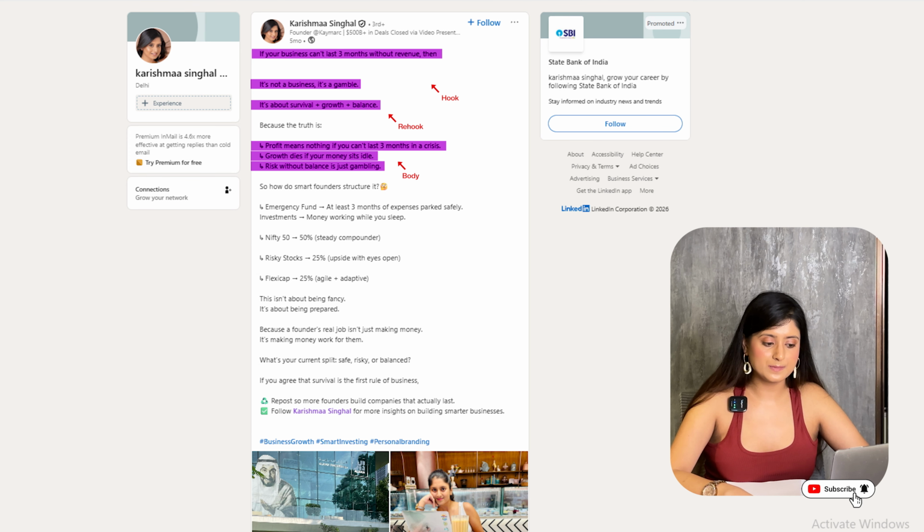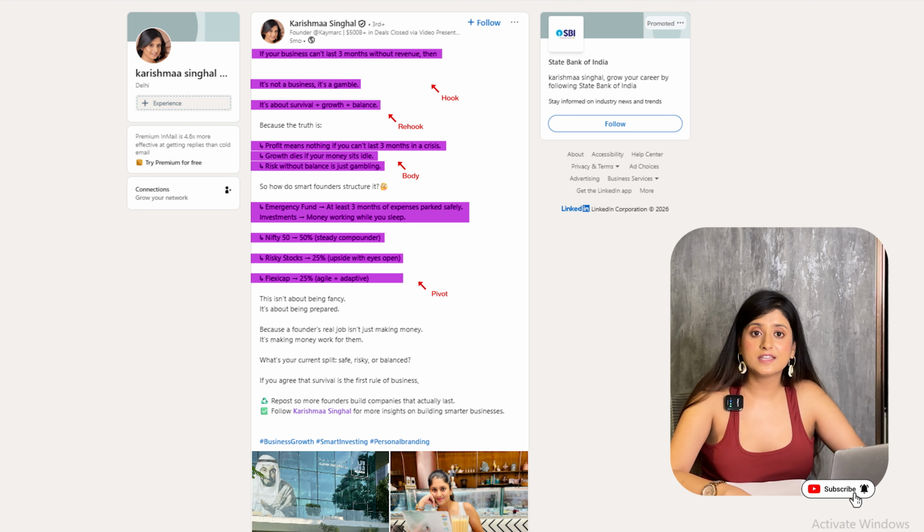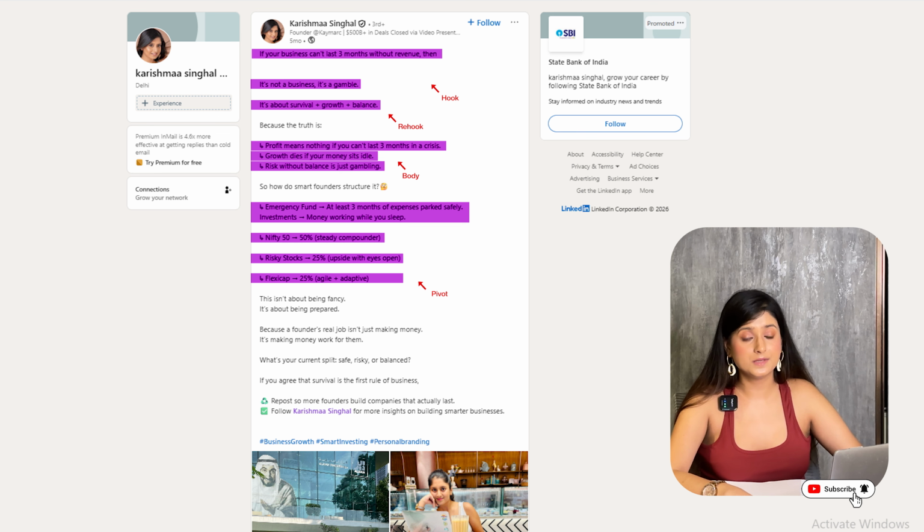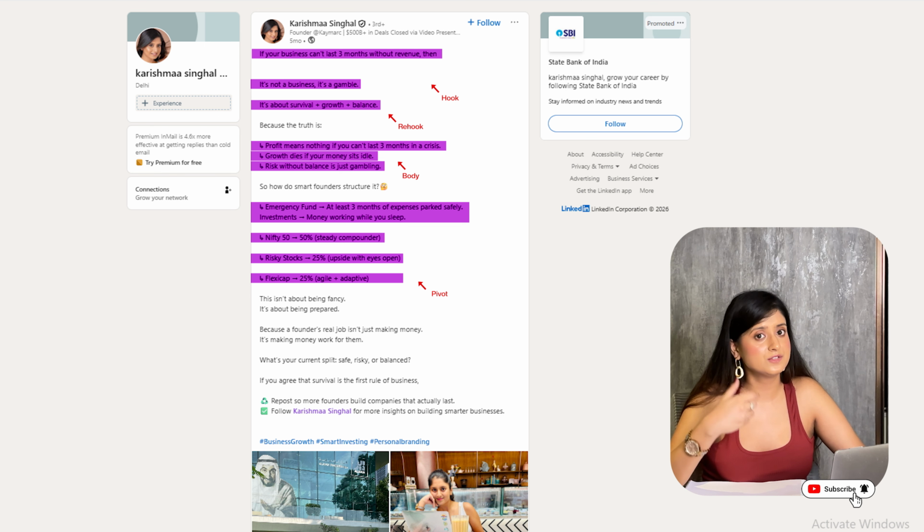This is where most people fail. I'm not saying be careful. I'm showing a clear model. I talk about emergency fund, Nifty 50, risky stocks, flexi cap. This is specific, actionable, and not a vague opinion, because I come with this experience and I have an opinion